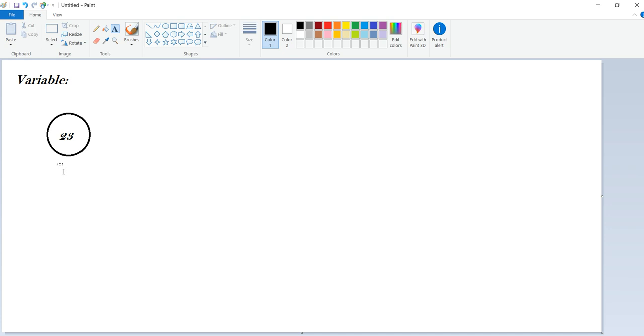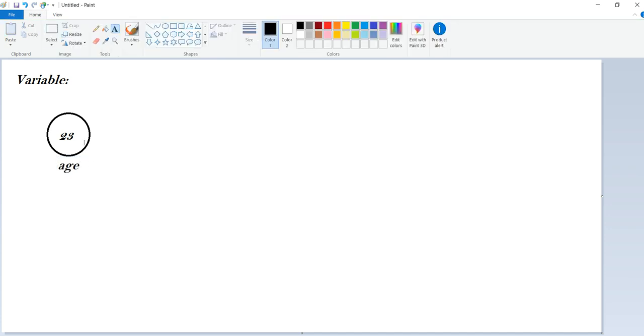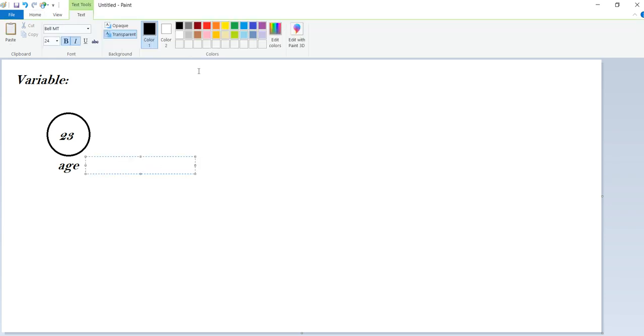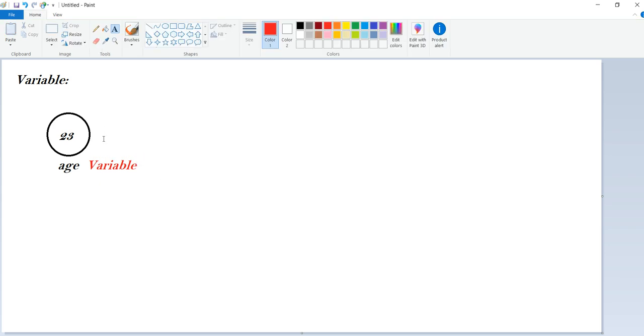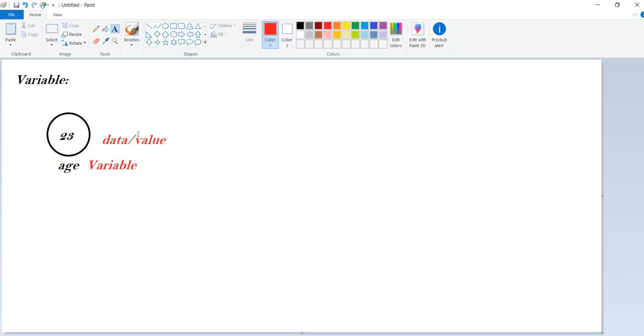This is the age of one person, so here we can say age is a variable, and whatever this 23 is, we can say that is data or value.